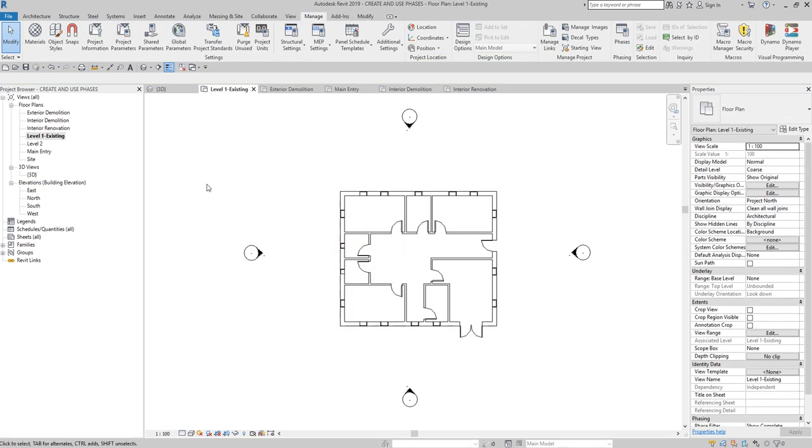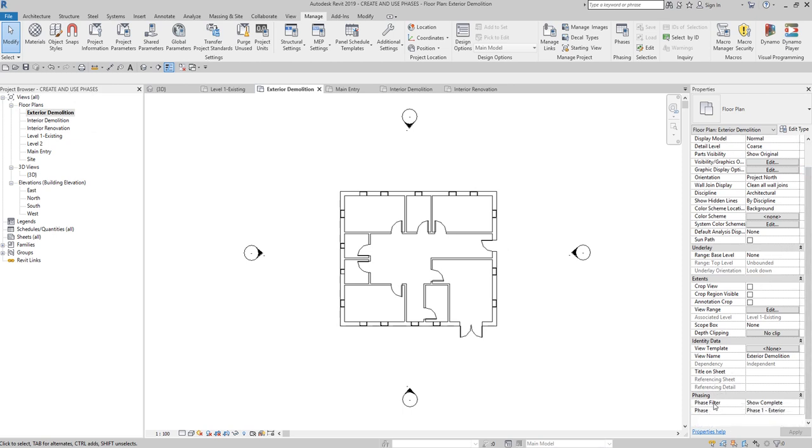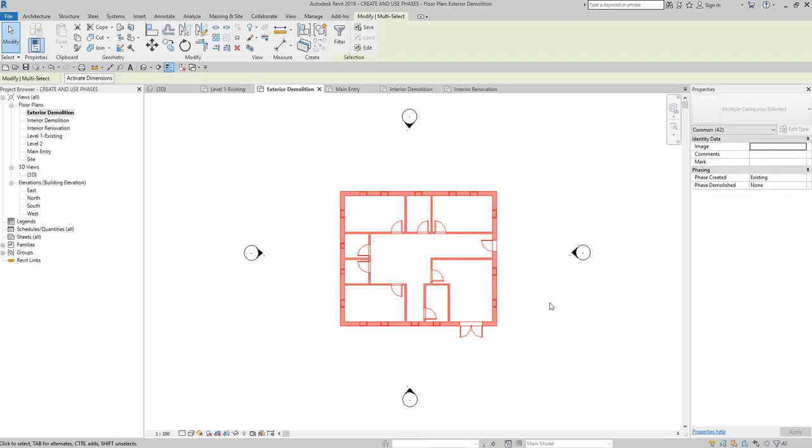Now, for the next phase, what I'm going to do is, like what I've said, the next phase will be the exterior renovation. So I'm going to do first some demolition. So let's say, for example, the construction is now moving. It will now move to the exterior demolition phase. So I'm going to open this. I double click. Now, what we need to do is we need to specify the current phase filter, right? So what will be the current phase filter for this one? So what we are going to do first is I'm going to select all these elements, and then I'm going to select here phase created. So instead of existing,